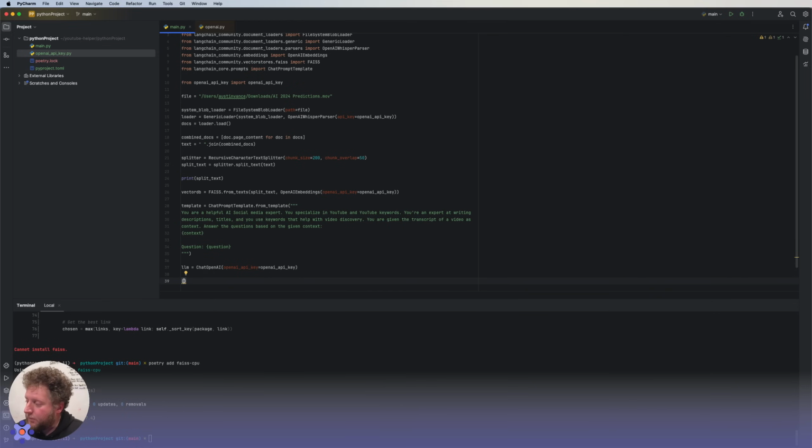So let's see. I take my LLM, I have that. You can pass a model in too if you want, like GPT-3.5 Turbo or the 4 Turbo or whatever you want. We'll just use the default, which is 3.5 Turbo for now. One thing I really like doing is setting up a temperature. Temperature on the LLM tells it how random it gets to get.